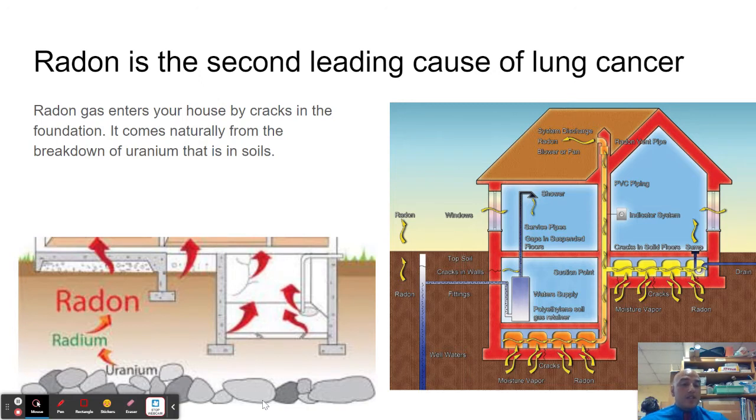Now, if your house, let's look at this image down here. If your house has a significant amount of uranium underneath it, and you have cracks in your foundation, that cement block on the bottom of your house, some of that radon could enter your house. And when that radon gets in such concentrations, it's colorless, it's odorless, so you don't even know it's there. It causes lung cancer. How crazy is this? You could never smoke a cigarette in your life, but if your house has radon and you get lung cancer because of that, that is crazy when you think about that. And so radon is the second leading cause of lung cancer.